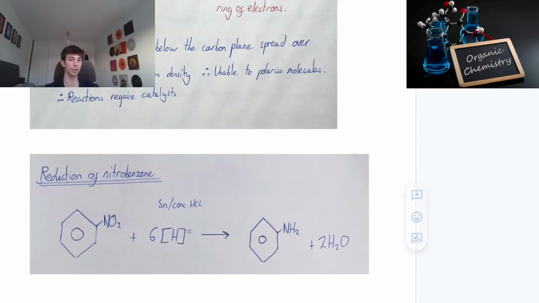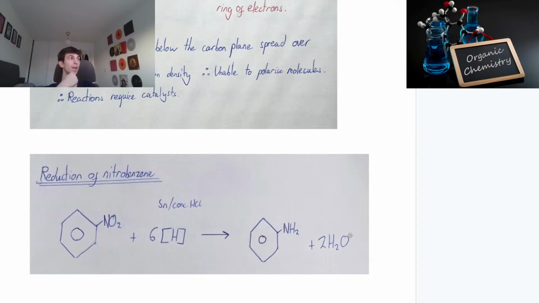We need tin and concentrated HCl. We're going to need 6 of our reducing agents. The reason is you can simply count the number of hydrogens. Going from NO2 to NH2 and 2H2O, we're going to need 2 hydrogens to form that NH2. And then because we're getting rid of 2 oxygens and we're forming water molecules, if in doubt, a product will